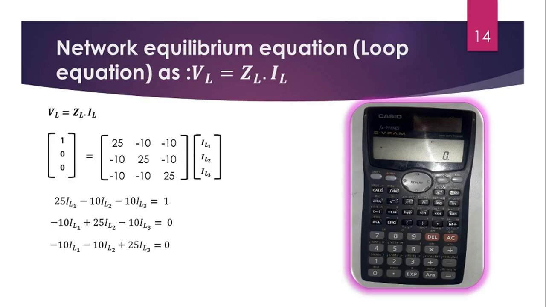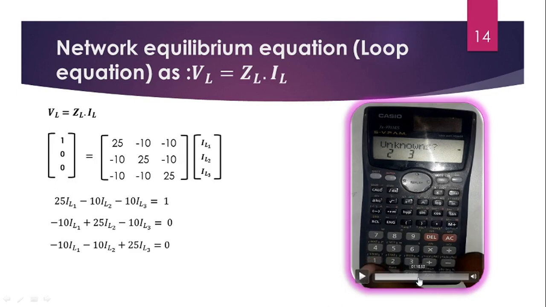We have this calculator, the FX991MS, that is Casio. When you are going for the loop equations, you have to select the mode. So we have the mode button. Click on mode. In it you may find various modes, like complex and others. If you click on the mode button once again and change the arrowhead, press 1. How many unknowns are we having? 3. So click on 3.